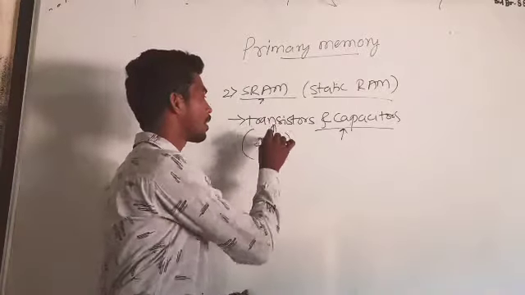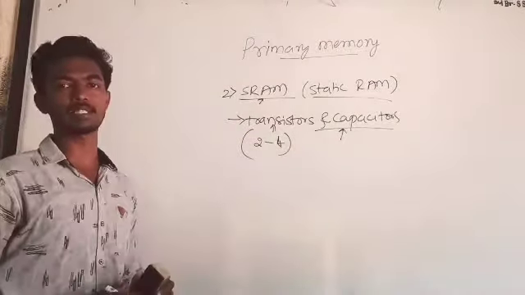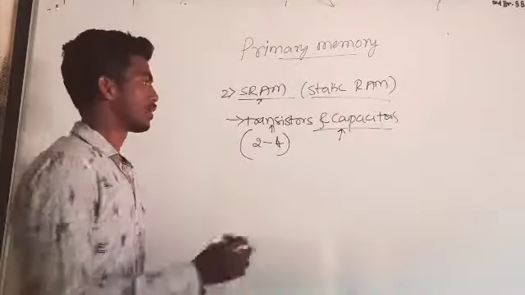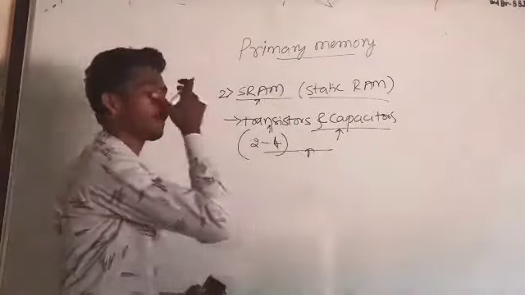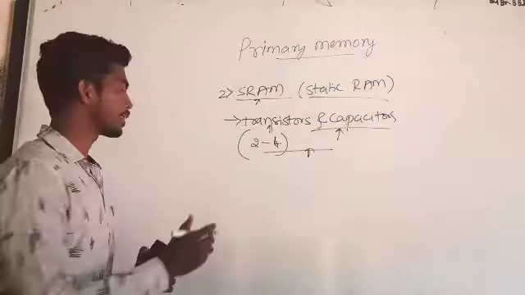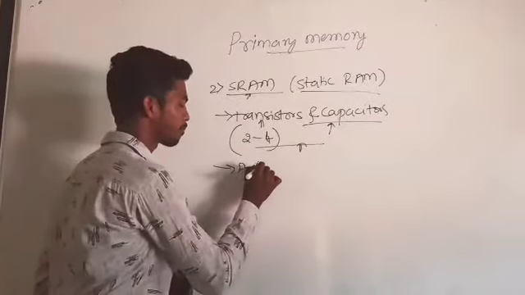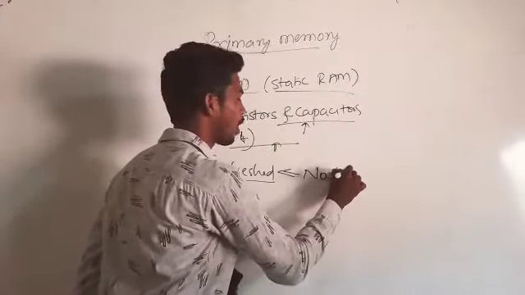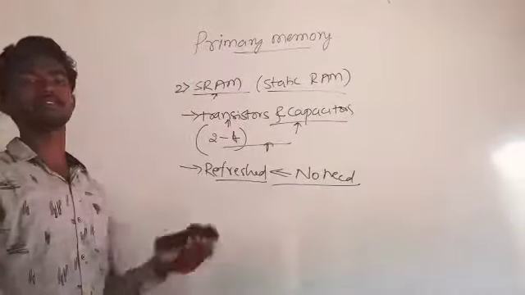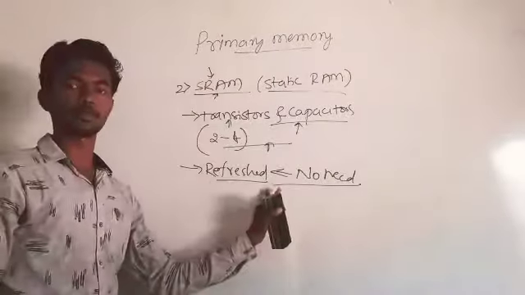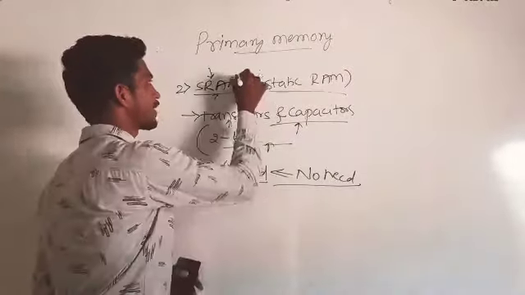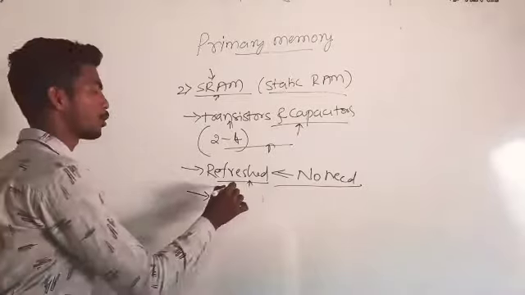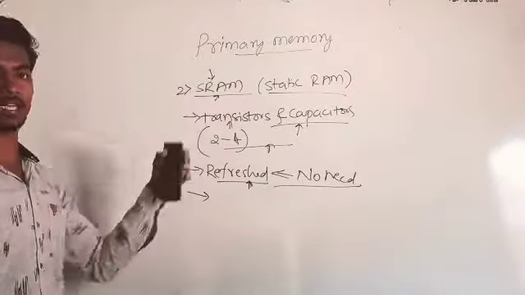It contains multiple transistors in a single cell, but there is no obligation to contain a capacitor in each cell. That is the difference between a DRAM and a SRAM, and it does not need to be refreshed all the time. When the data is in the SRAM, there is no need for refreshing to keep the data. As we know, no refreshment is needed for a static RAM.